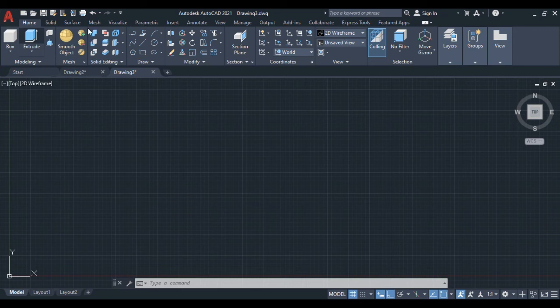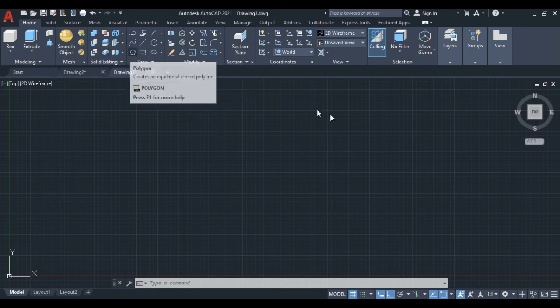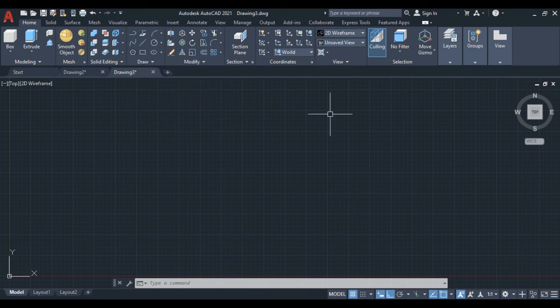Step by step we are going to learn about 2D, 3D basics as well as 3D modeling. Here you can make complicated drawings in 3D modeling. The tools given here help us create complicated parts such as mechanical parts.